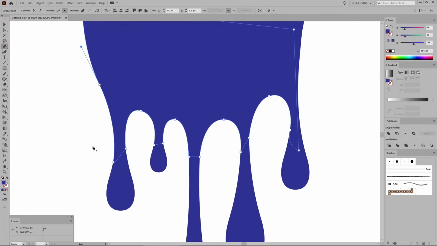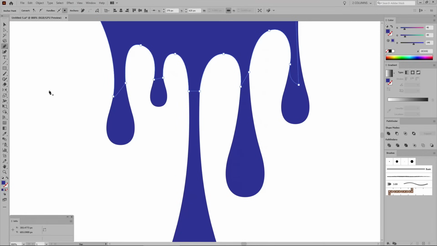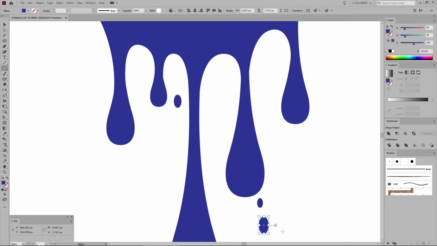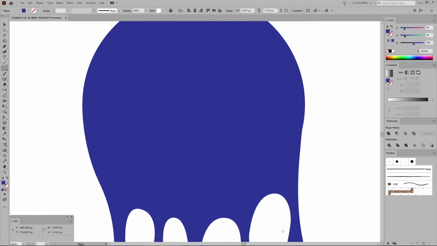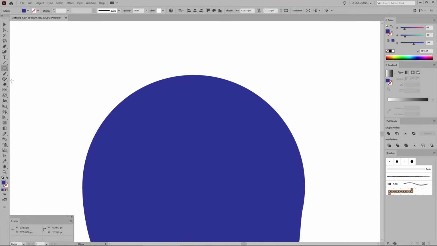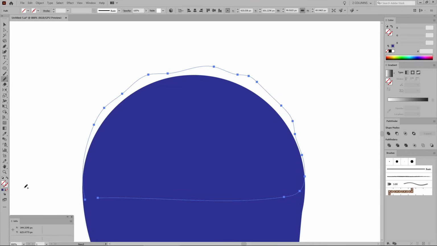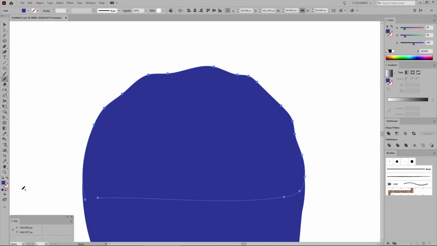Let's move our focus on the bottom side of these drip shapes. Select the ellipse tool from your toolbar and add some random ellipses like that. Now move up to the top side of your circle. Select this pencil tool from your toolbar and draw a random path along the top side of your circle. Don't bother to make it exactly like that. And once you're done, you can easily fill it with blue using this button.